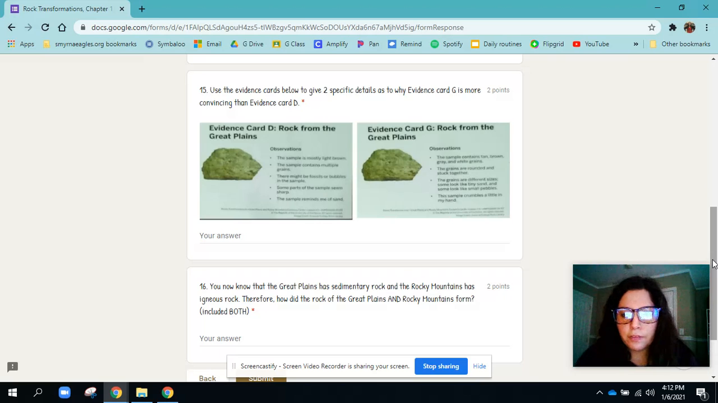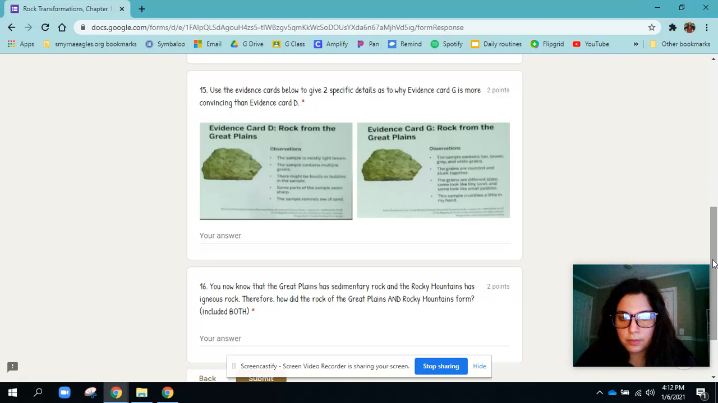All right, number 15 says, use the evidence cards below to give 2 specific details as to why evidence card G is more convincing than evidence card D. I'm going to read both cards to you, and then you're going to give your 2 details in the spot